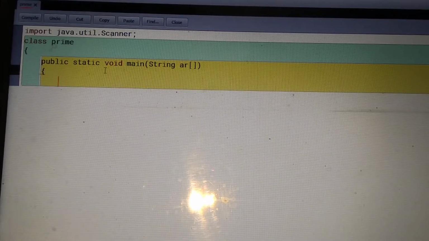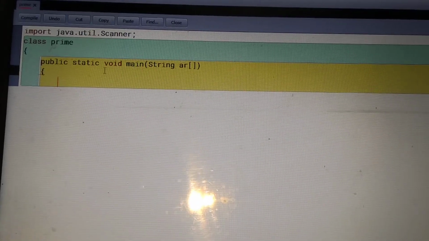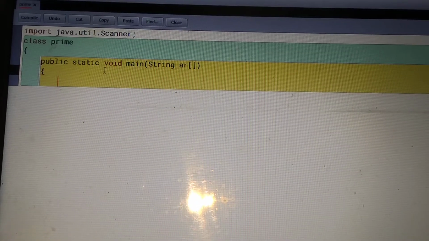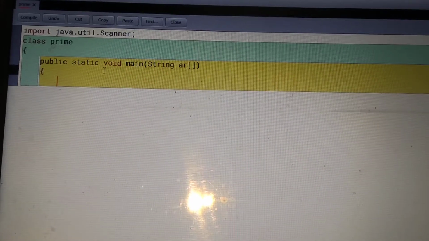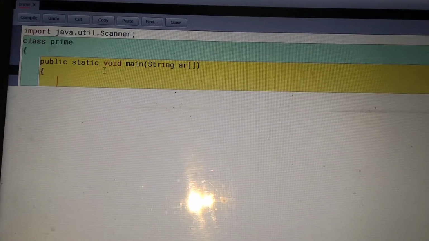After creating the method, we have to take the input. So we need the scanner object. Here we create the scanner object.